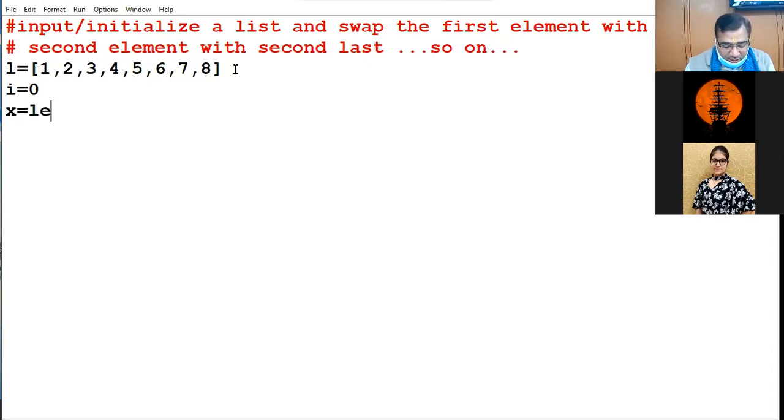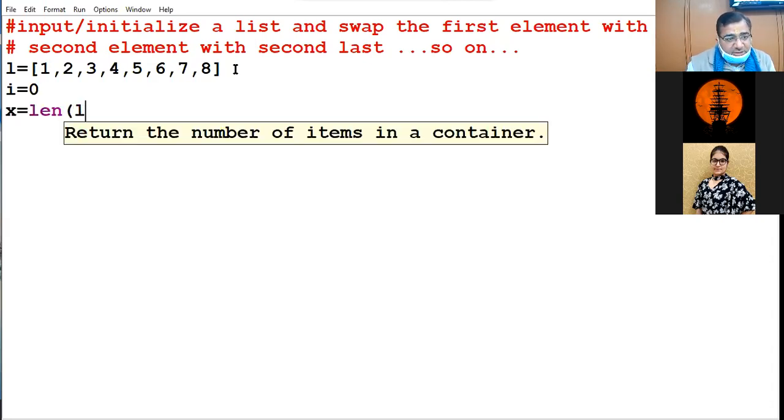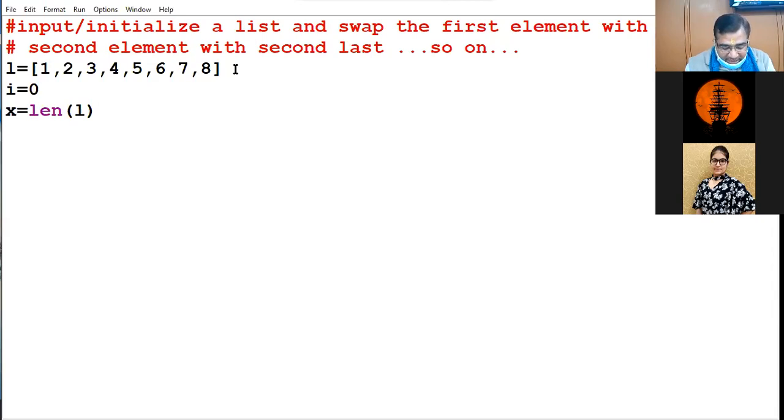But first of all, for j, let us find the length of the list. And j, I have initialized to the last element of the list. The length of the list is x, and x minus 1 is the last element. So I place my j over there.